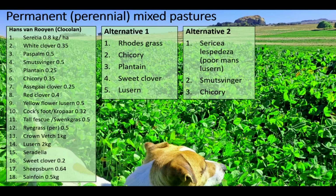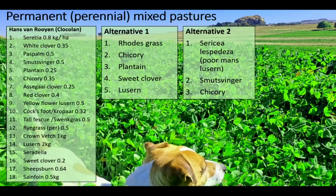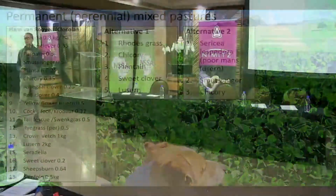And I mean, you can look at the list on your left hand to see the wide range of options available. Obviously, the species that you use for your purpose is important. The different ratios that we use, all those things are important. You've got to sit with your expert, your seed company, and look at your specific context, your purpose, and design a system that will meet